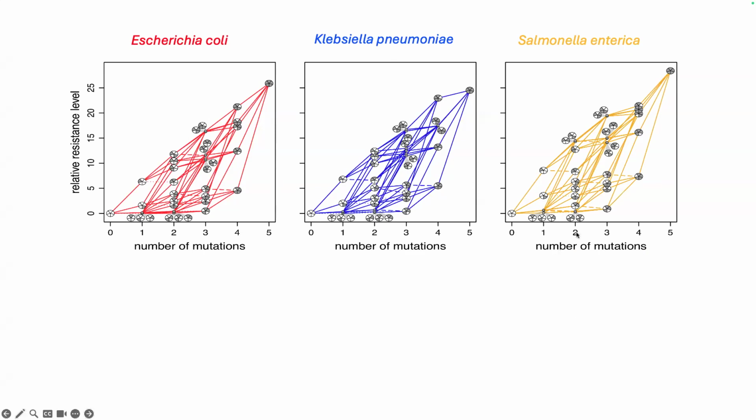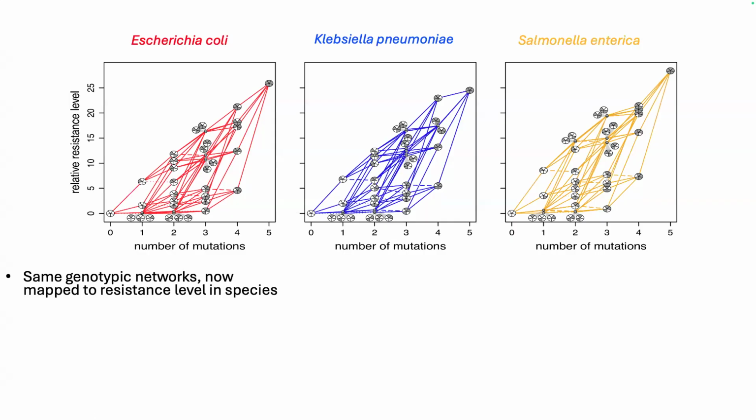It's because the rank order of genotypes is largely conserved. So the best genotype for both species is the one with all of the mutations present. And when you scoot backwards, the combination of the best one, two, three, or four mutations is also often the same between species. The mutations from the last slide that were exhibiting those divergent effects between hosts, those are actually really small effect sizes. So they're the horizontal dashed lines here that don't really seem to make a huge difference to